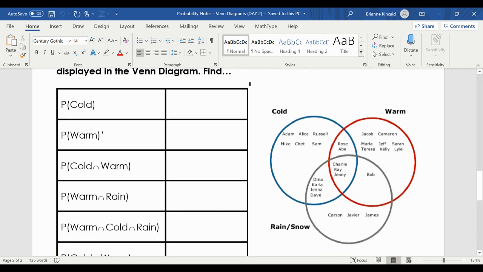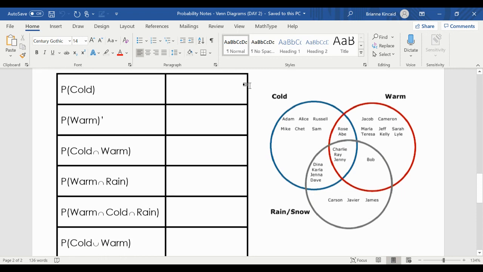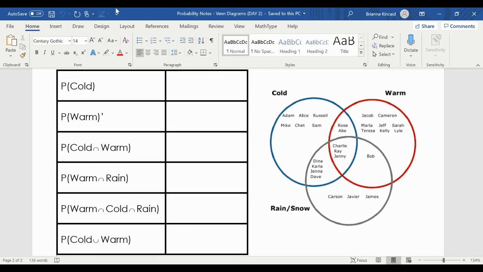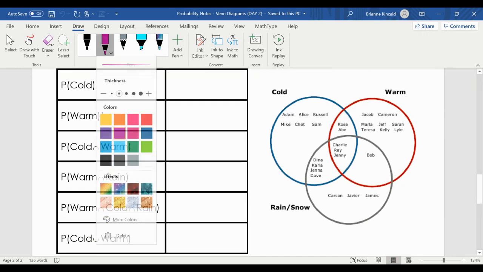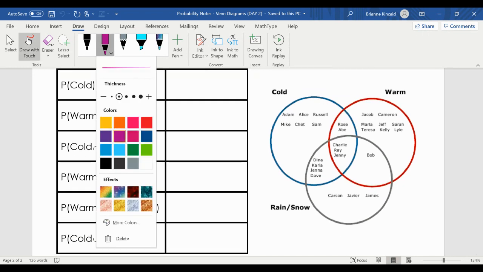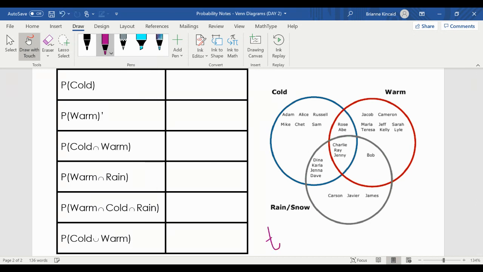So the first thing we always need to find when we're talking about probability is whatever our denominator is going to be. In this case, because it's just very basic probability, our denominator is the total number of students that are chosen, or total number of students that were polled. So the first thing we want to do is count, and we have a total of 27